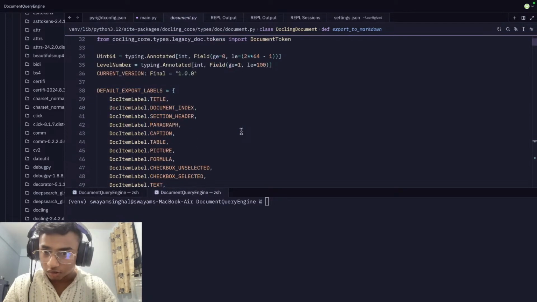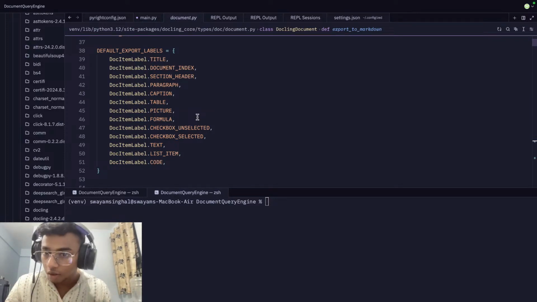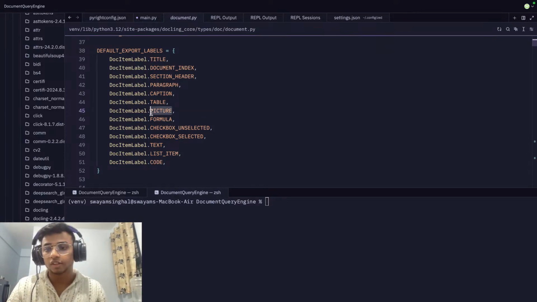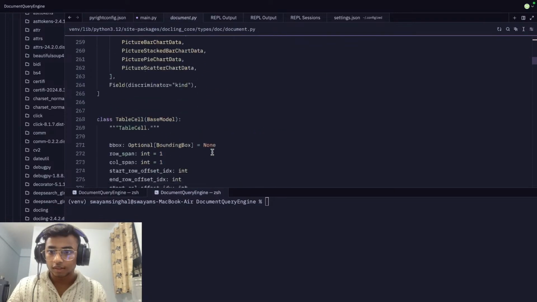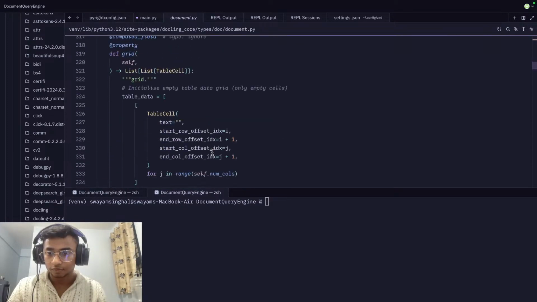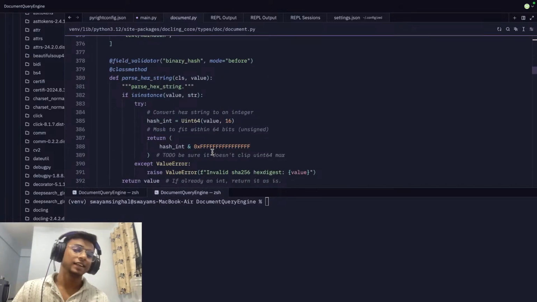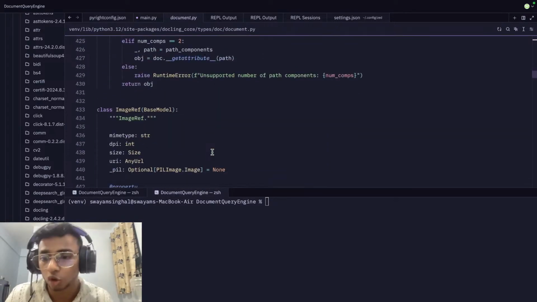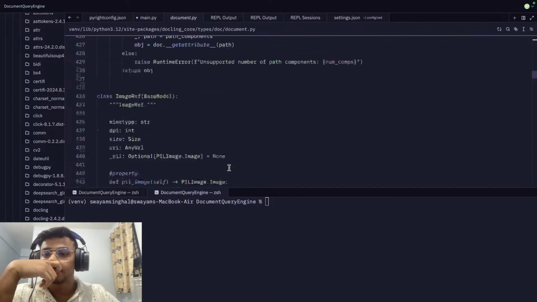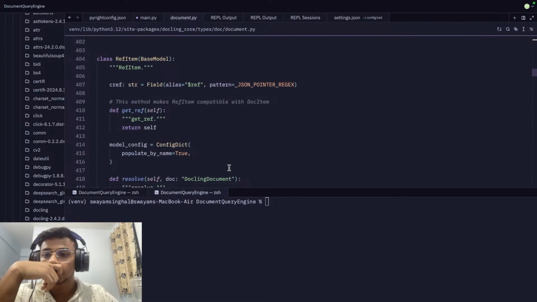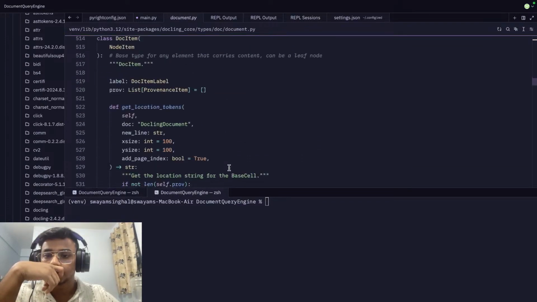Page. Document item label. Document item label dot picture. This is what I'm looking for. Let's see, we're getting an image. It's not like that. We are not getting the image that we want. We want the cropped image. Image reference item, provenance item. Okay,